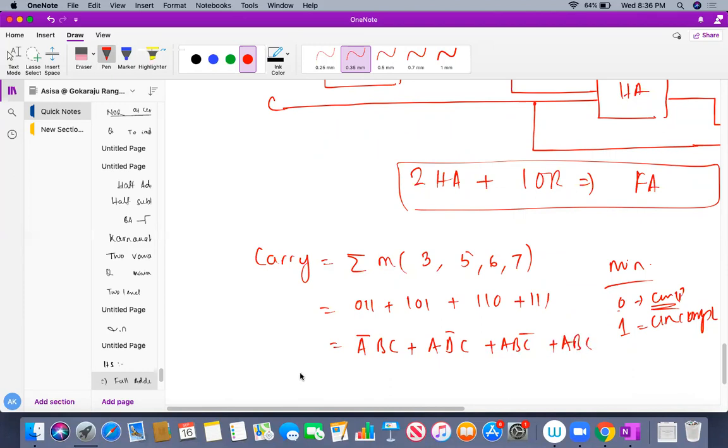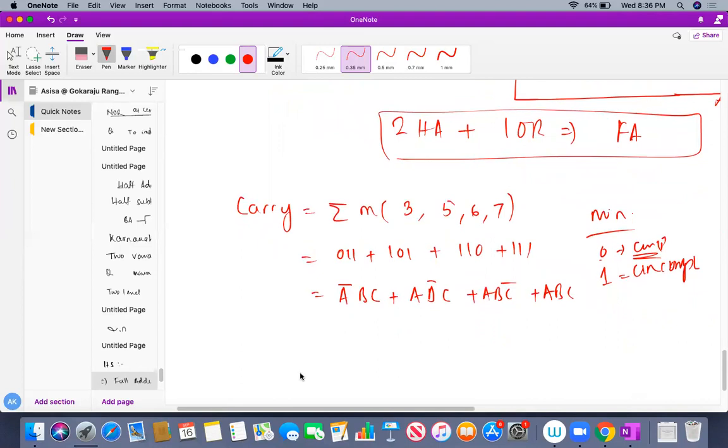So what I am doing now, very simple. I have just taken these two and these two. I have taken distributive law. I have taken C here and I will get A bar B or A B bar. Can I do it like this? Just I have applied distributive law between these two. And here I will apply the distributive law again, AB, which is C bar or C. Am I correct?